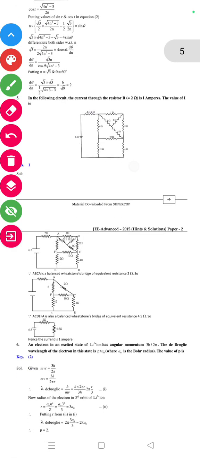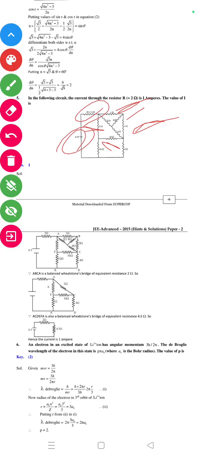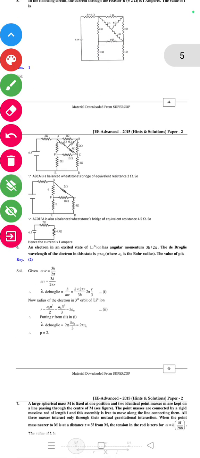अगला सवाल है कि इन द फॉलोइंग सर्किट द करंट थ्रू द रेसिस्टर आर इक्वल टू 2 ओम इज आई एम्पियर। तो वैल्यू ऑफ आई कितना हो जाएगा, यहाँ 1 ओम है 2 ओम है 6 ओम है 10 ओम है फिर 2 ओम है 4 ओम है इधर 8 ओम है इधर आर इक्वल टू 2 ओम है 6.5 वोल्ट 12 ओम और 4 ओम। अब इसको अगर सिंप्लीफाई करें तो 2 ओम ए सी 1 ओम बी 8 ओम 2 ओम 4 ओम 2 ओम फिर यहाँ पर 10 ओम दिया हुआ है 12 ओम और 4 ओम